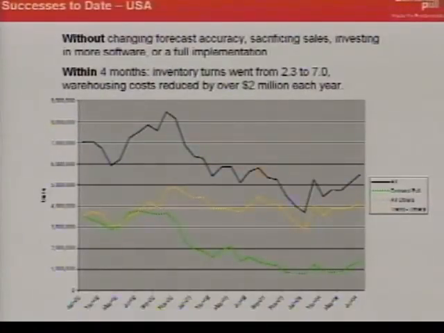You have seen this slide before if you were here last time. What is represented on this chart in the black line was our total inventories in our SOX product line in the United States. The green line that you see running down there is the products that we put on demand pull. And we were able to report at the last conference that our chronic inventory problem, 2.3 turns a year,